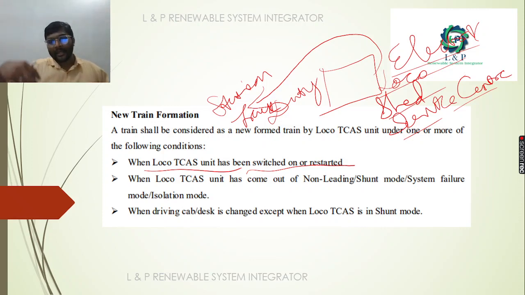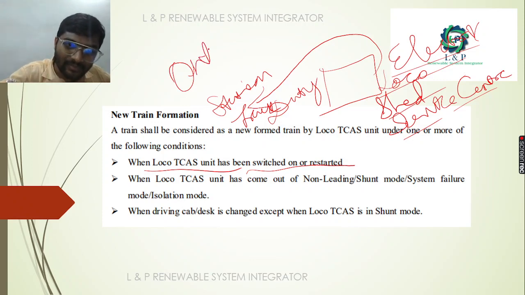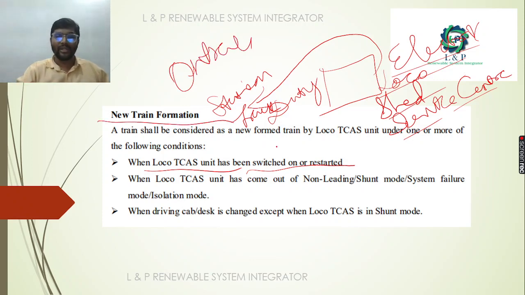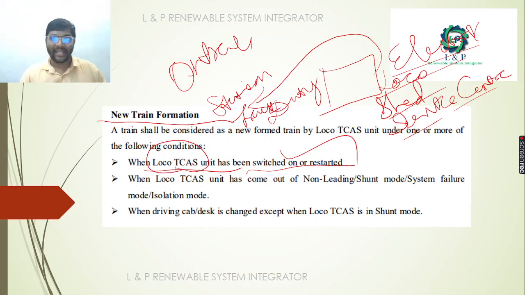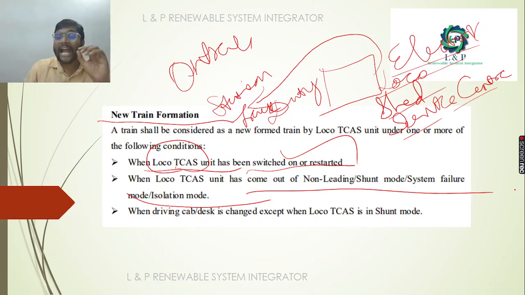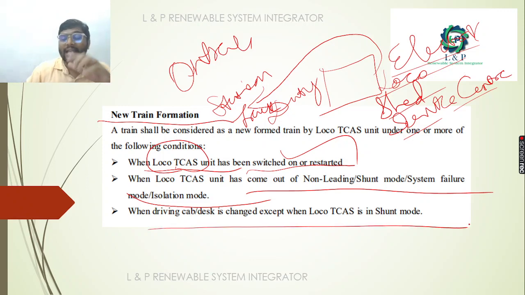But when it is switched on, we conclude that some new train is on the track. So we find out the new train formation when we switch on this loco train collision avoidance system. Also, when the unit has come out of either a non-leading or shunt mode, or system failure or isolation mode, and also when the driving cab or desk is changed, except when the loco train collision avoidance unit is in the shunt